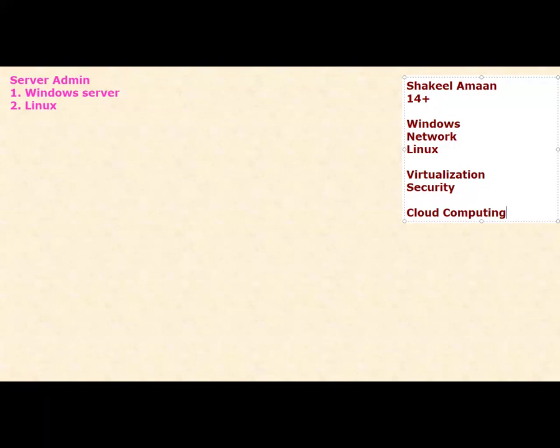Okay, started as a Windows and network administrator with Linux administration. Virtualization is indeed the major backbone of our cloud computing. Till today, virtualization is used in our local area networks, and without virtualization, there is no cloud computing. Then obviously security is there. And the best thing for me is that in cloud computing, Windows servers, networking, Linux servers, virtualization, security, all these things are repeated again in cloud. Cloud is something that has all these previous technologies. All right, so this is me.